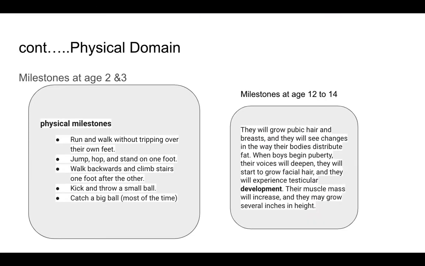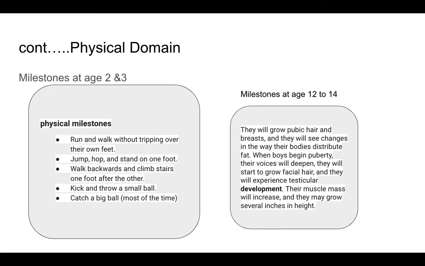So, continuation for physical domain. The milestones for a middle school student. I gave an example of what their milestones may be at 2 to 3 years of age. Physical milestones: running and walking, tripping over their own feet, jumping, hopping, standing on one foot, walking backwards, climbing stairs. Some of these things may be tricky at ages 2 and 3, but look what they're thinking about at age